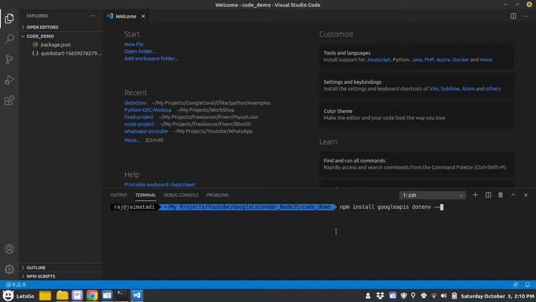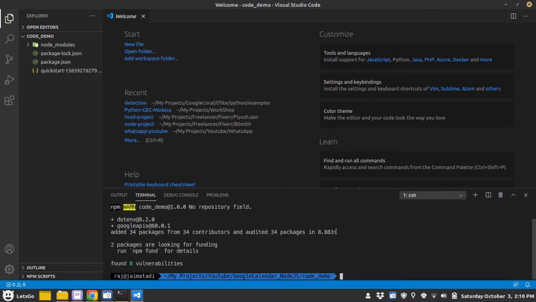I'll use the save flag. Okay, so both the packages are installed now.